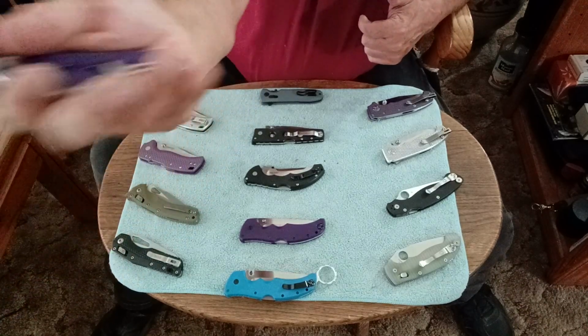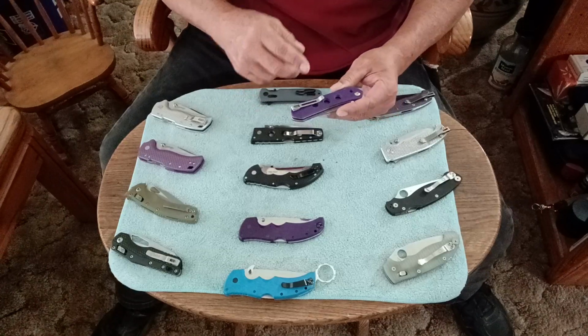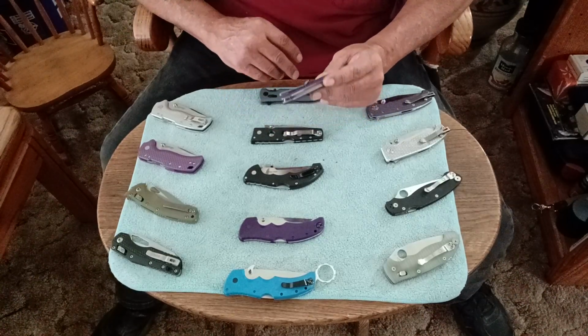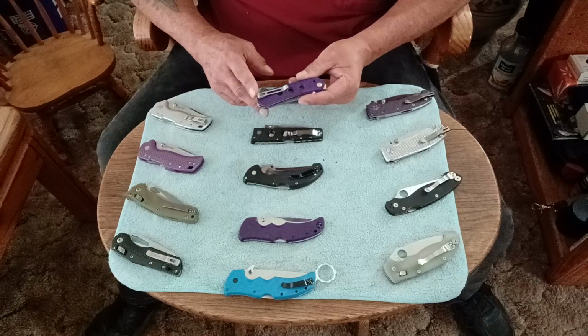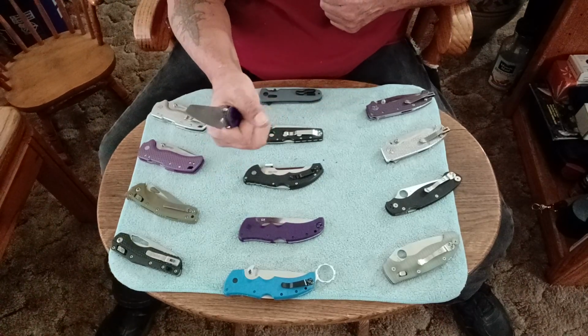I just wanted to share that with y'all. Other than that, I love it. The only thing I don't like, the thing that I will be changing on this one, is the pocket clip. I do not like this pocket clip. The pocket clip is a hot spot. I don't know if this knife would be better off without a deep carry pocket clip, because it sort of feels like when you're holding it,